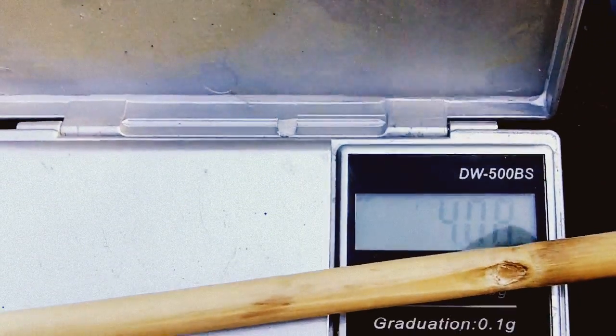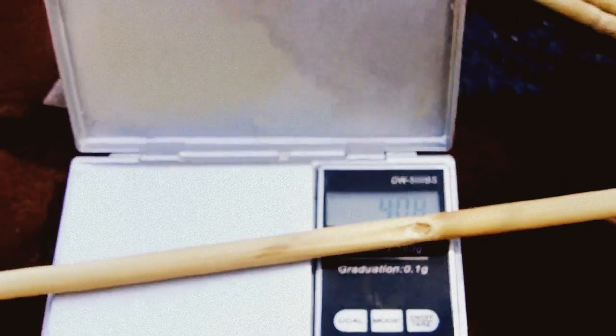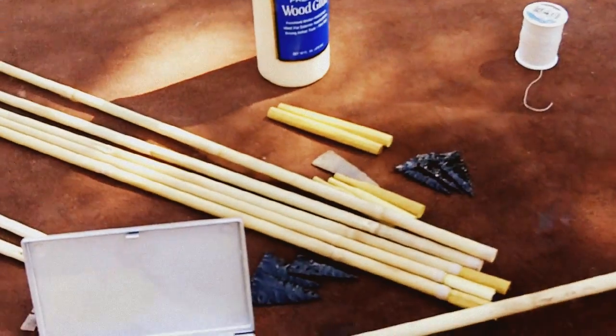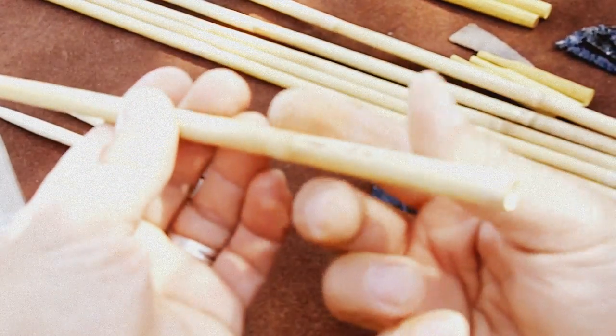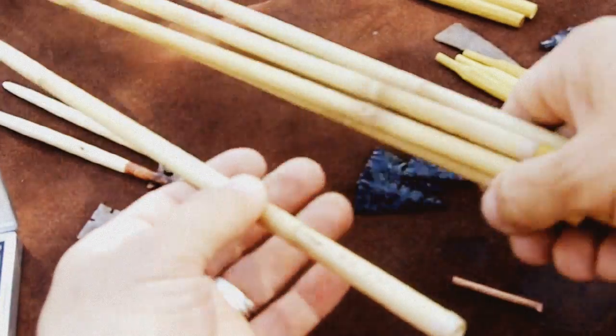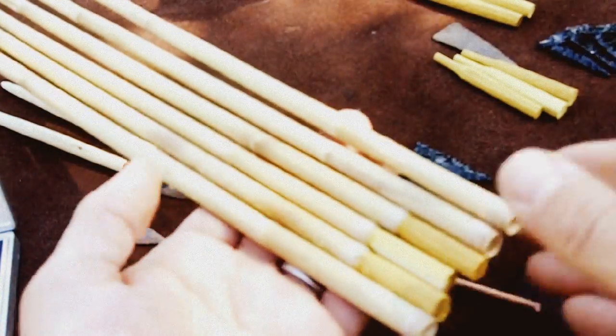Turn it on first. I don't know if you can see that, but it's 408. 408 grains. So I've got to get them all up to about 408 grains. Now to do that, like I said, I use copper. And I just glue it inside here. So after I got them all to around 400 grains a piece,